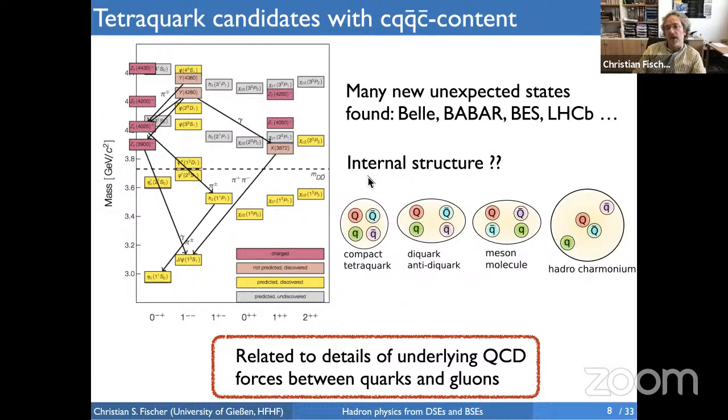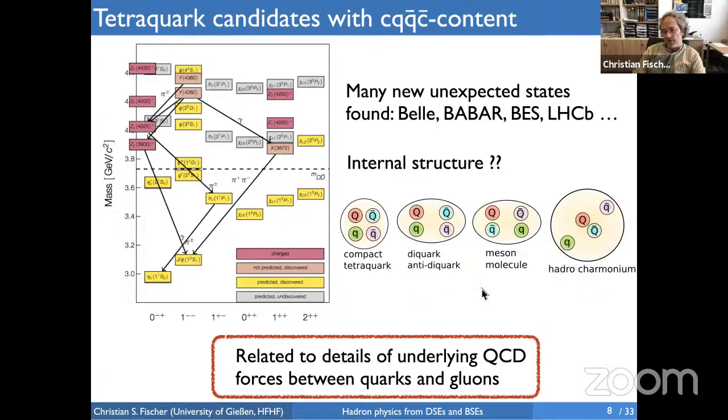And a possible explanation for at least some of these states is that they are so-called four-quark states, tetraquarks, which is quite accepted. The interesting bit of information which we would like to extract is, what is the internal structure of these tetraquarks? Are these tightly bound compact objects of a heavy quark-antiquark pair and a light quark-antiquark pair? Is the internal structure such that these tetraquarks are decomposed into a heavy-light diquark and a heavy-light anti-diquark? Or is it decomposed into two colorless components, like a heavy-light quark-antiquark pair and a corresponding heavy-light quark-antiquark pair? Or are the two heavy quarks sitting together and the light quarks are going around?